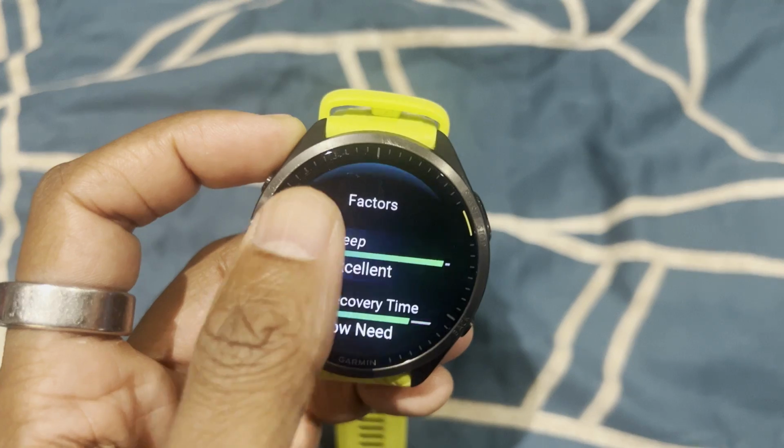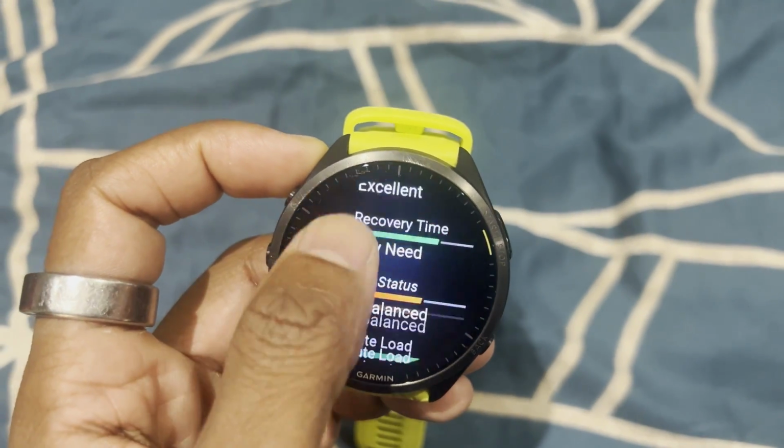Now, for me, I think it's a bit like HRV status, where in isolation it doesn't feel that massively useful. Obviously it's a piece of information, so it's one of those features where you have to spend a bit of time tracking your information, tracking your sleep, to make sure you get the most reliable information. But ultimately, I think the way that information is presented doesn't feel massively useful, and it's lacking something like the training readiness feature on Garmin's watches